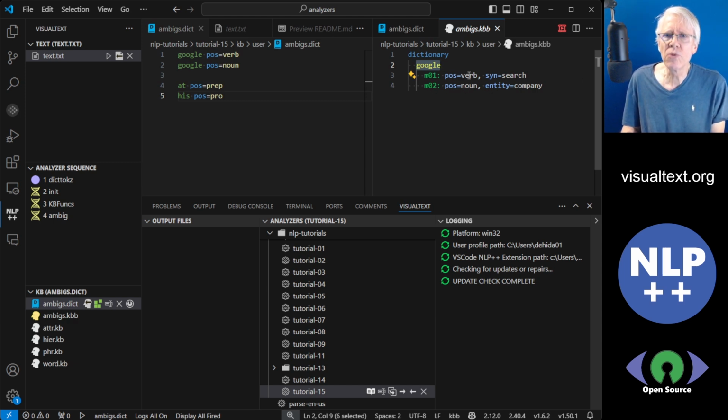And you notice it's more than syntax now. I have a verb, and I'm saying it's synonymous with search here, and when it's a noun, it's a company, an entity. So that is when we look at this sentence here,